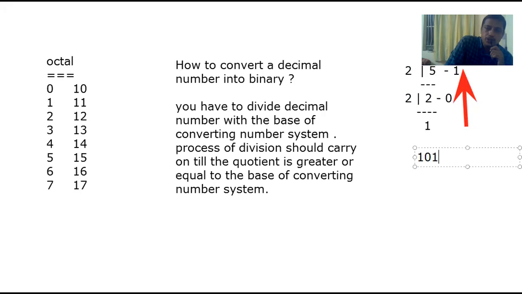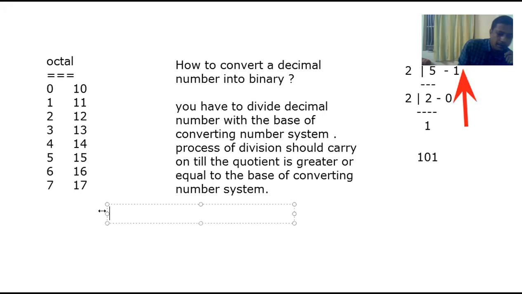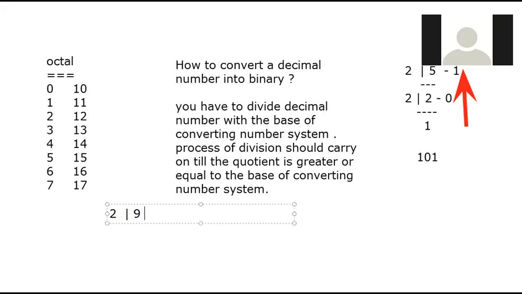Similarly, if you just watch carefully, I will take another number. I'll take the number 9, and I want to convert it into binary. The binary base is 2, so I'm trying to convert it into base 2. Okay, let me take something else. I'll take 11. If I want to convert 11 to base 2, I will get this.